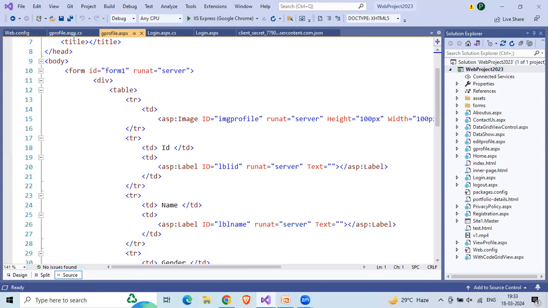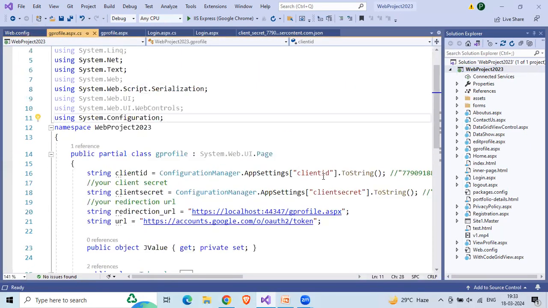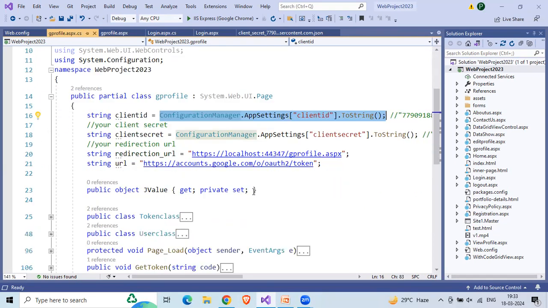After this, within this G profile page, again I'm going to have the client ID, client secret, and redirection URL. So again, I have created these three variables, and the values are fetched from the web.config file. And now we have to ask for the token, because now I want one token, that authorization token. For that,